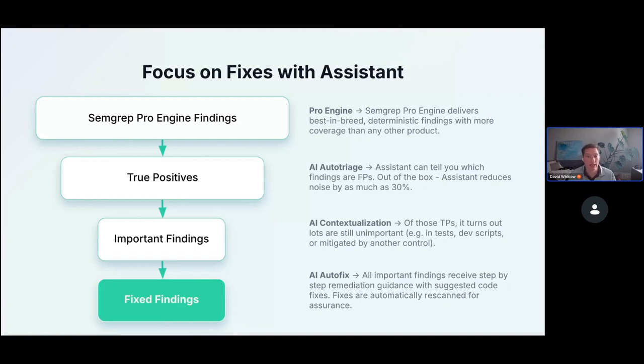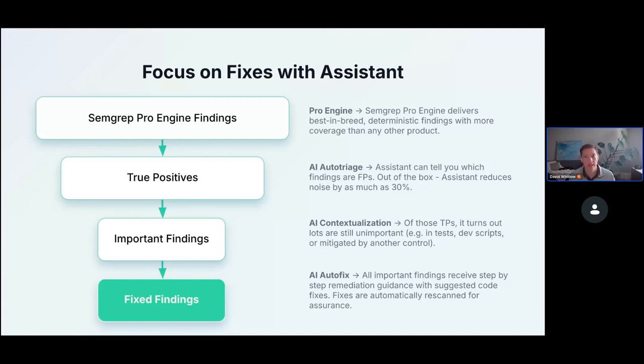So if it's dealing with things like PII or financial transactions, those are things that you probably want to address bugs with first. And then for things that might be in scripts or internal services, maybe you get to those later. And so now that we've prioritized across where we think the most important issues are,